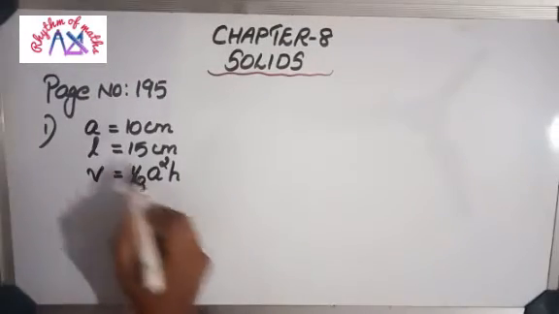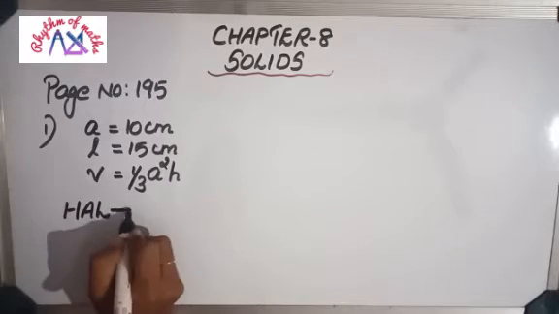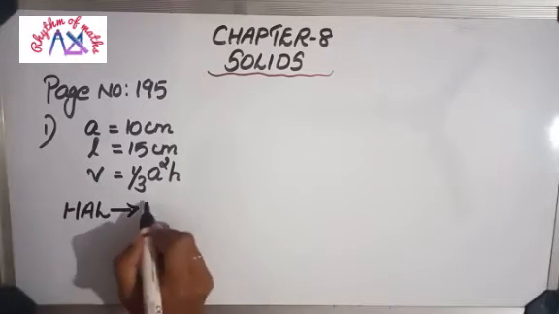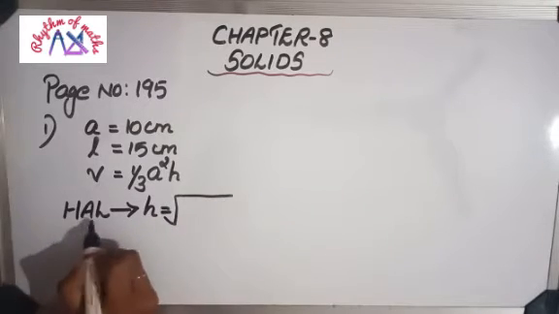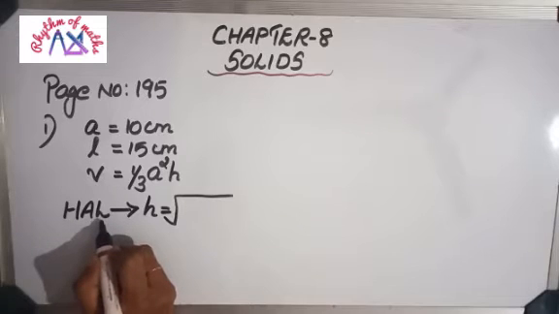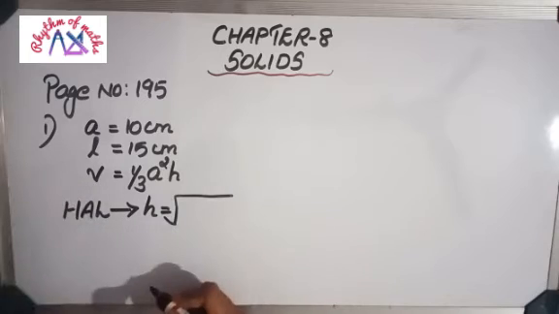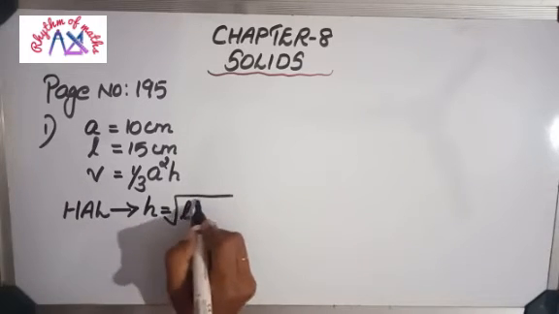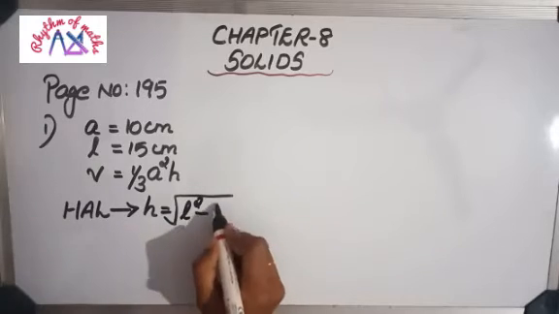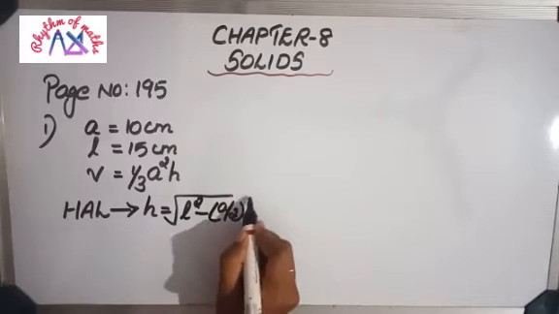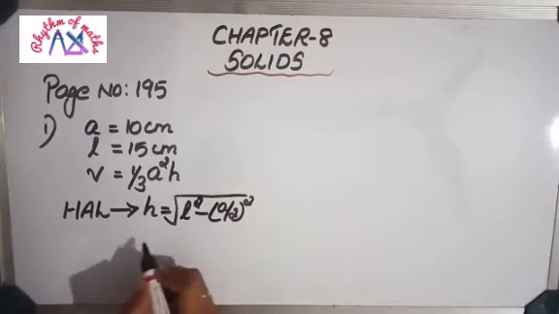h, a, L. So which term? h, a, l. This term we can consider. So from this, how will we find h? h equal to root of, here which one is the hypotenuse? Slant height. L is the hypotenuse part. For the other two, L is the hypotenuse part. So here L square minus a by 2 the whole square, because h can be base or altitude.